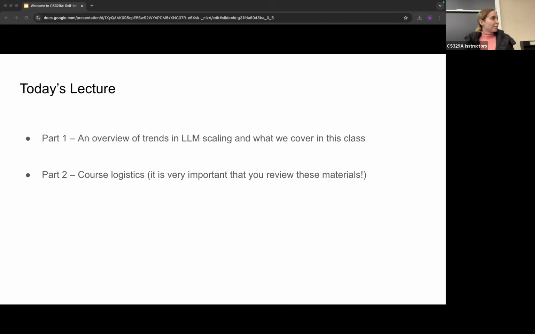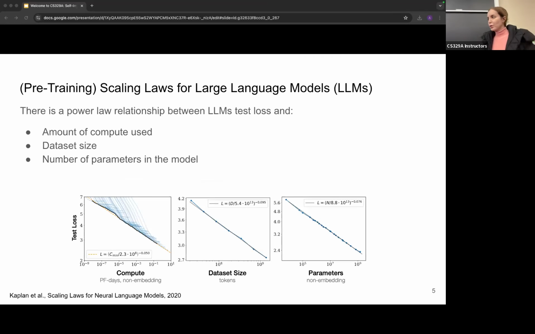Okay, so today's lecture has two parts. In the first part, we are going to describe an overview of trends in LLM scaling, and we go over what we cover in this class. And in the second part, we are going through the course logistics, and it's, again, very important for all of you to listen carefully here and review these materials. So let's start with the technical course